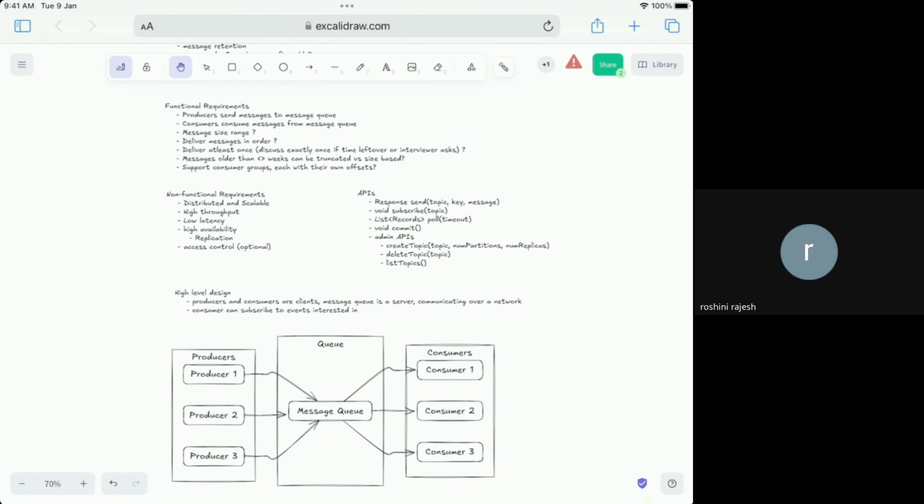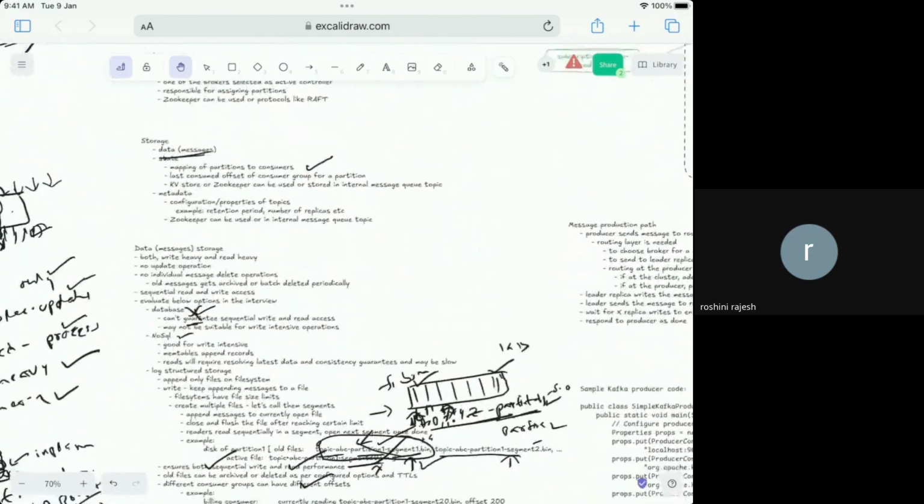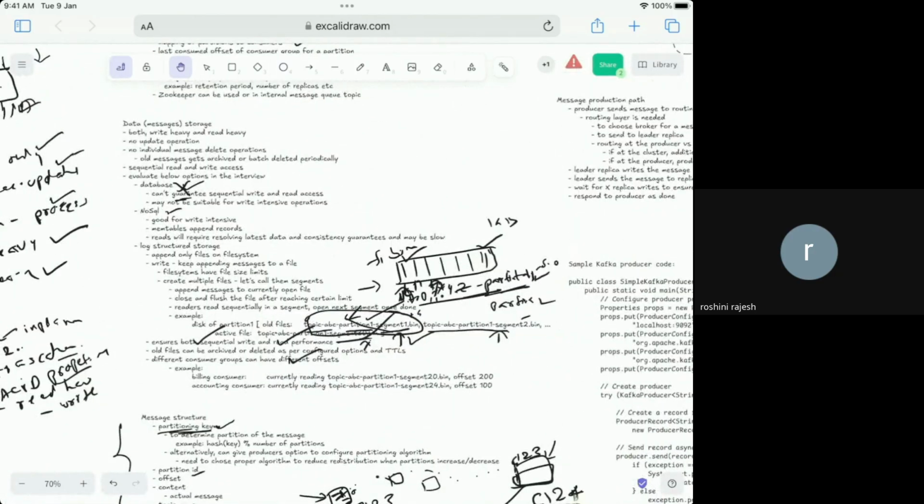Okay, so it's about the storage area. I wasn't properly paying attention. You mentioned the sequential ordering of the messages, for which we need to use disk level storage, right? But before that, you mentioned the disadvantages of using a relational database because of the SSD storage. I'm not very clear about that. Would you mind just quickly explaining?